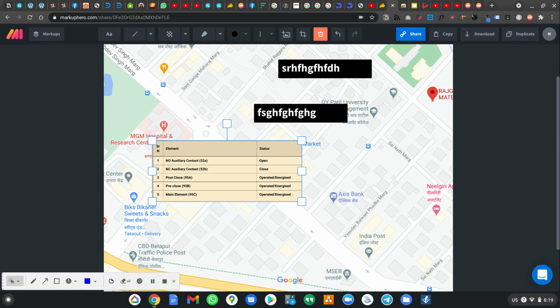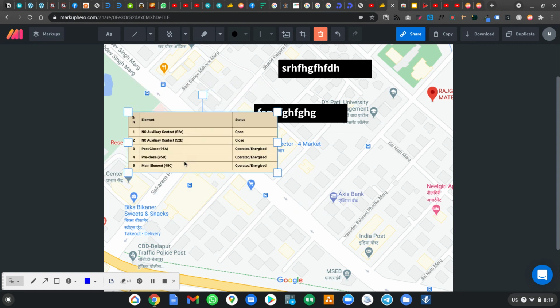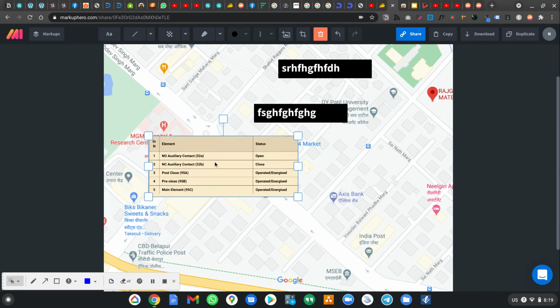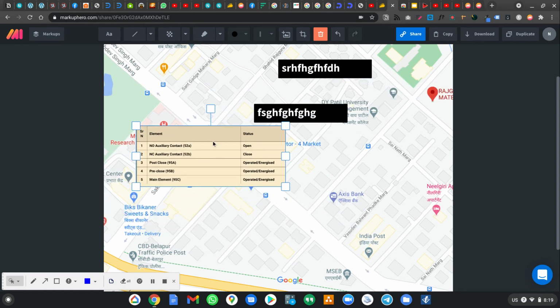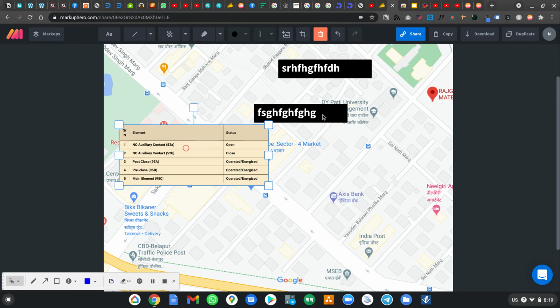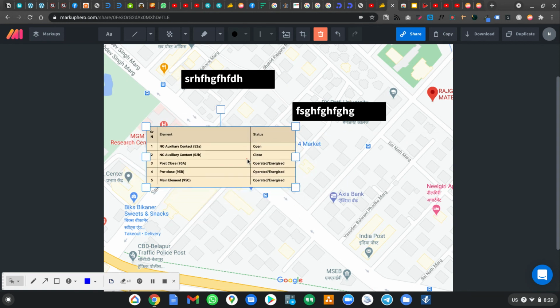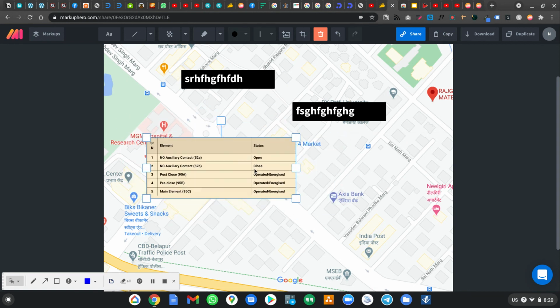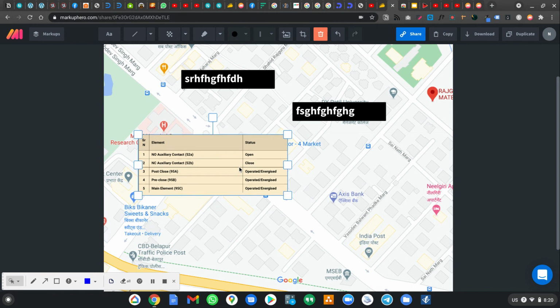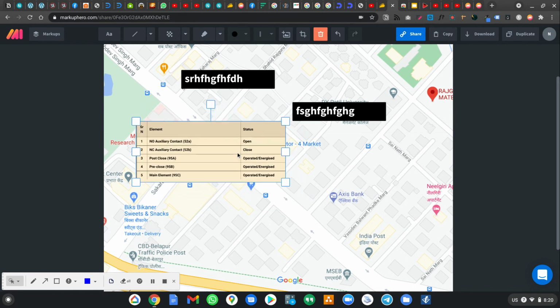The other thing is that these elements you see here cannot be fixed. There should have been an ability to fix this element somehow, so it doesn't keep moving. For giving a presentation, it is very important that these elements are fixed and do not move.